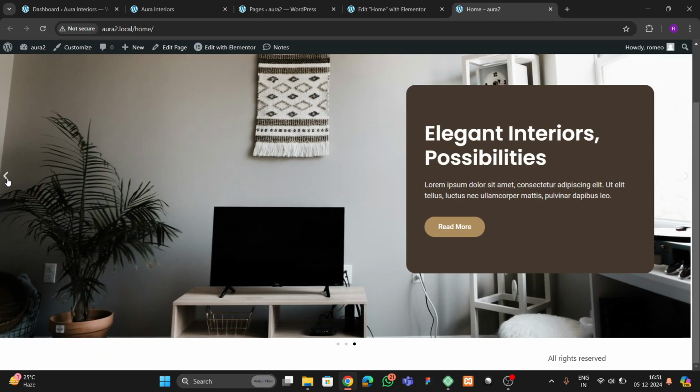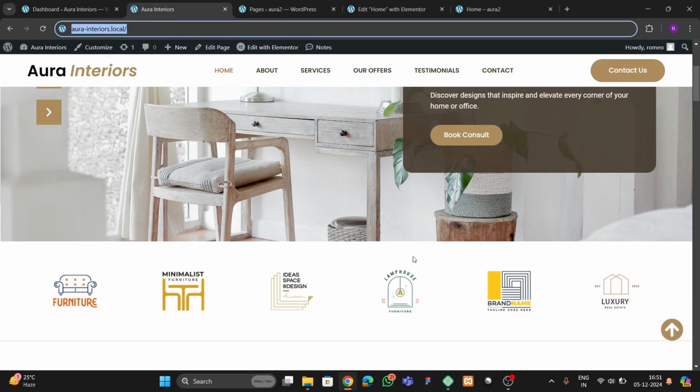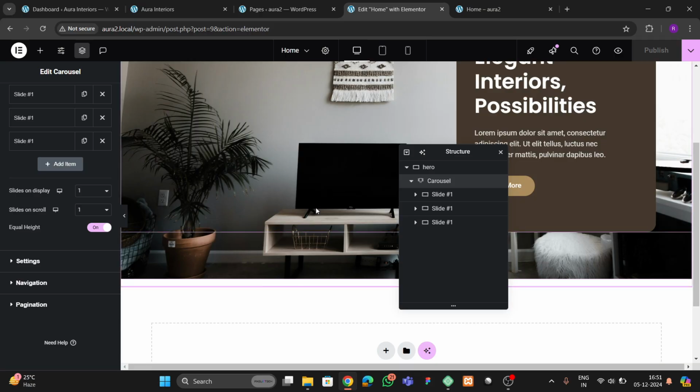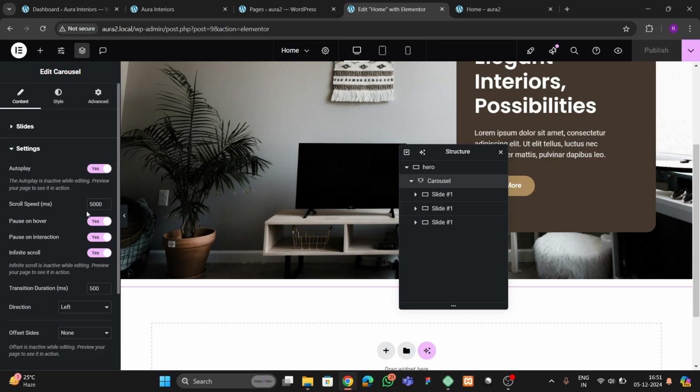So you can see that we have this and also these slides, but we don't want these dots, we only want this navigation icon. So for adding the navigation icon, we can click on this carousel, we can go to content, and here we will find some settings. So let's